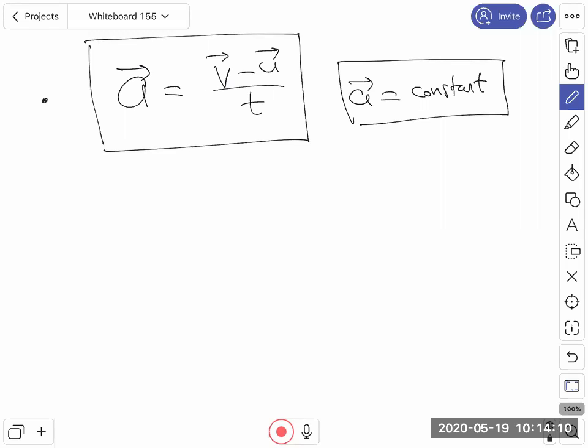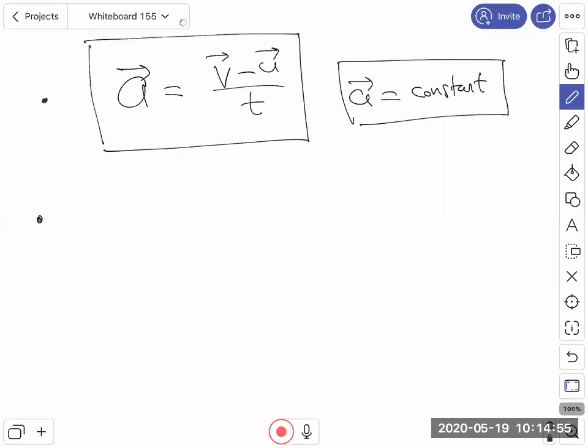Now just by using this word acceleration, you might be feeling that acceleration means increasing speed and deceleration means decrease in speed. That's not like that. Acceleration means there is a change in velocity, not change in speed basically. You might have studied about acceleration and deceleration, right? Or positive acceleration, which we normally call acceleration, and negative acceleration, which is known as deceleration. So we'll discuss what is the difference between this positive acceleration and negative acceleration or deceleration.